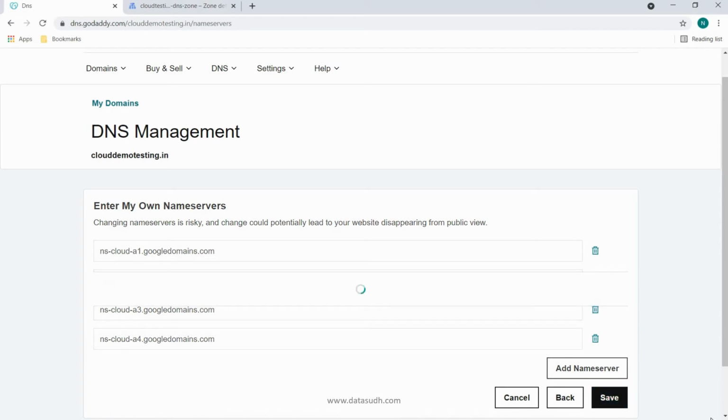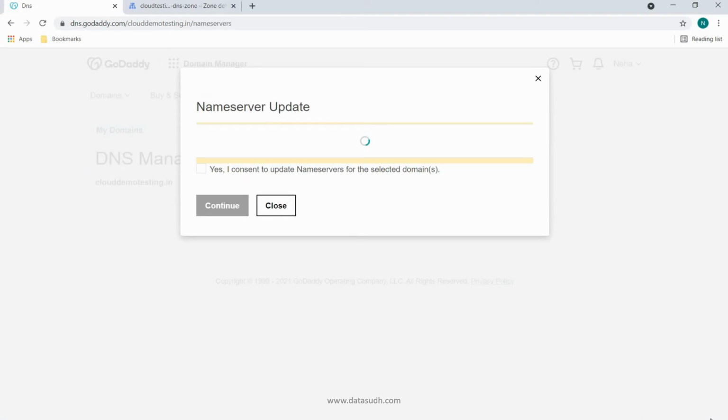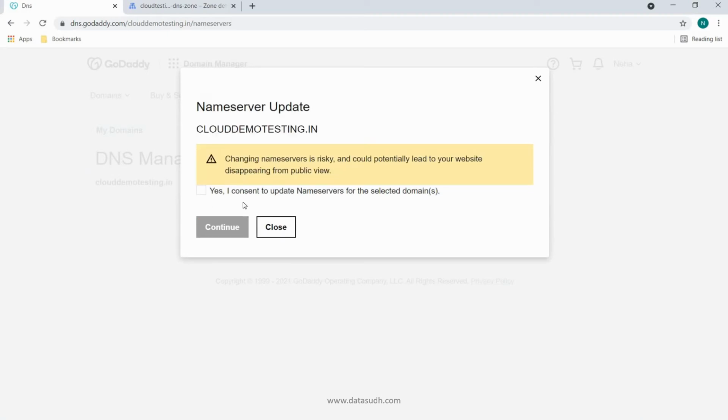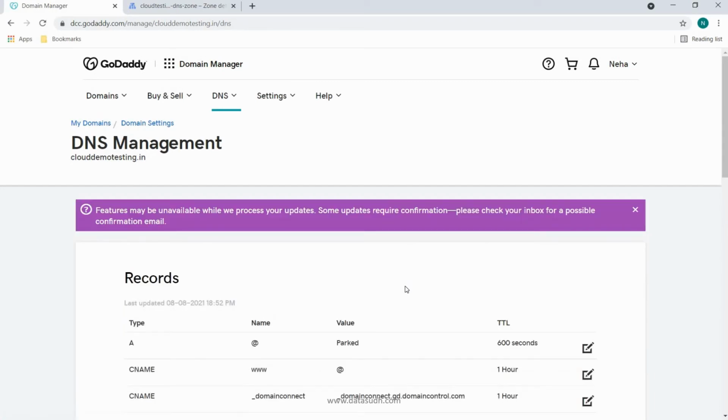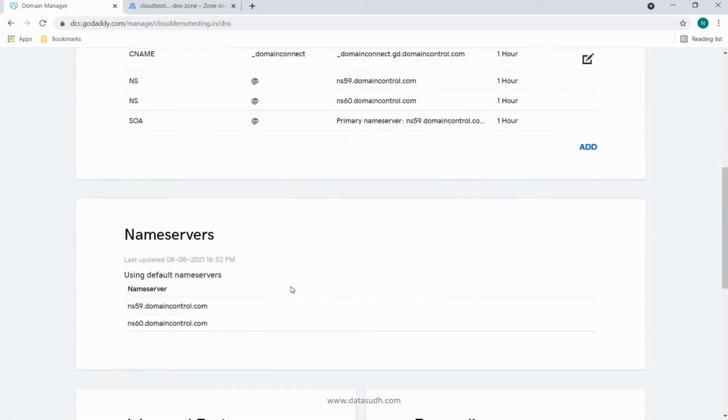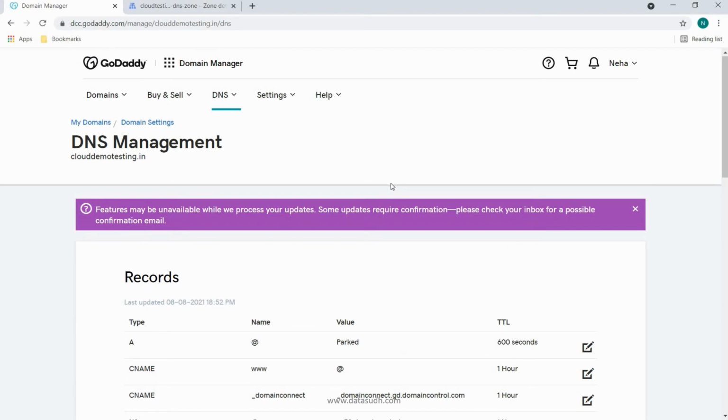Click on save. It will ask for an additional consent. Click on yes and continue. So now our name servers are being shifted. It's in the shifting process.